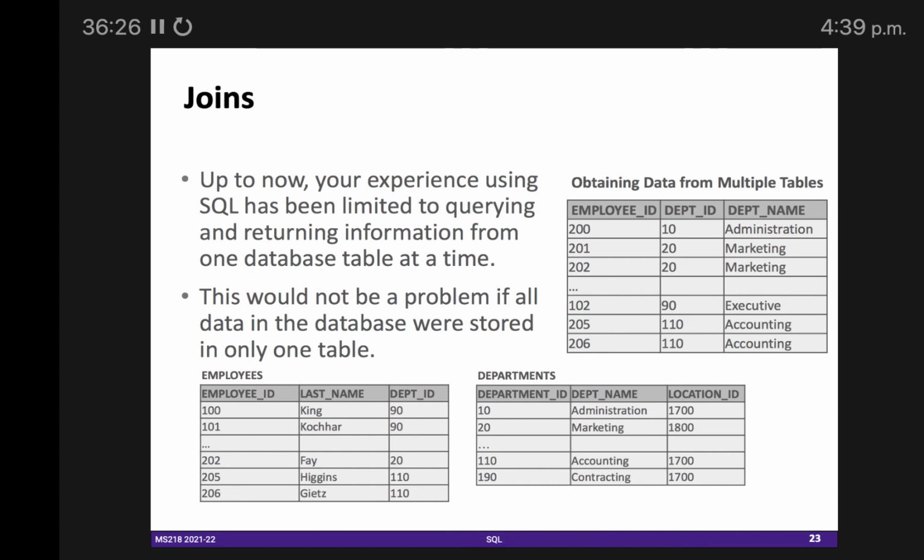Because with one table, you get that table from the hard disk, and then in RAM you apply your query, and you can quickly get results. But the problem with having one table was duplication, redundancy, right? So why do we do normalization?